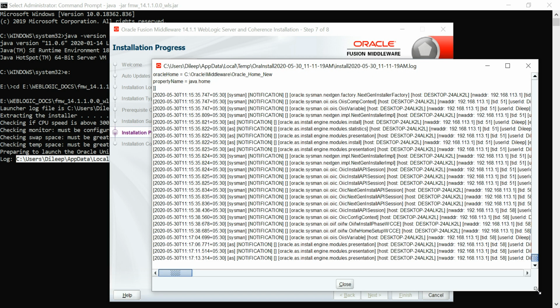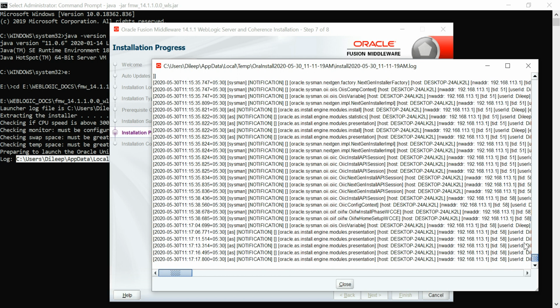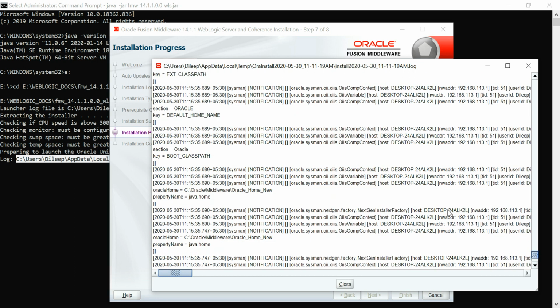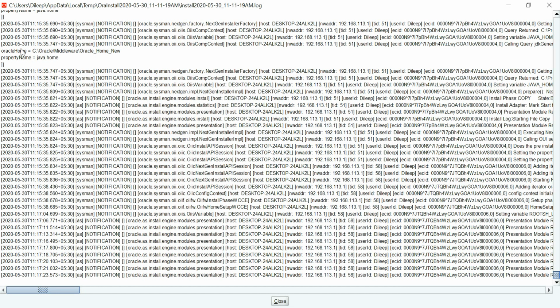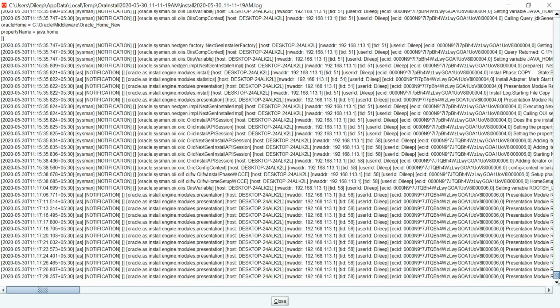If you want, we can see the log. It's gathering information.